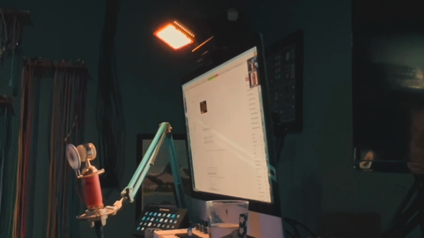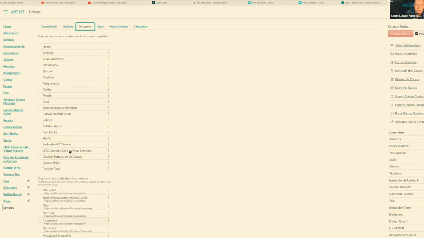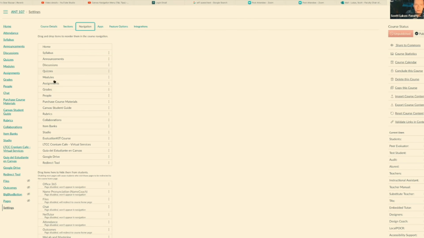So my personal preference would be when you decide on your navigation items, maybe only choose the most important ones to appear here for your students, and then that way you're not cluttering up this navigation menu. As well, maybe you come up with a system that makes the most sense for you that emphasizes the things that students need to access. For me, I would have the syllabus probably second from the top. I don't really do attendance, so I'm going to get that out of there. I don't do chat.